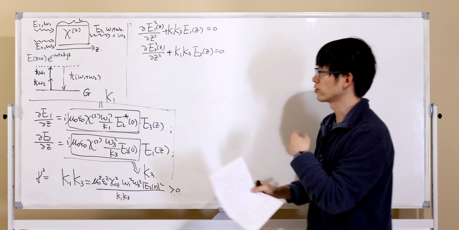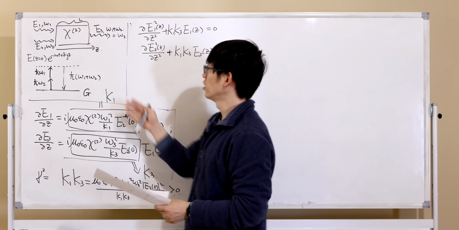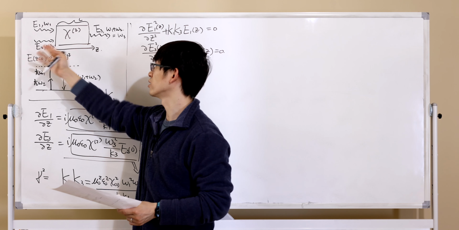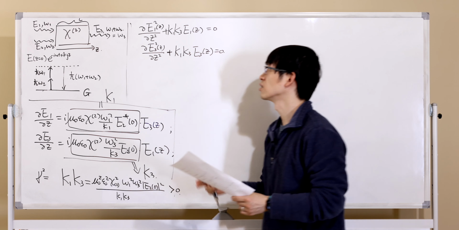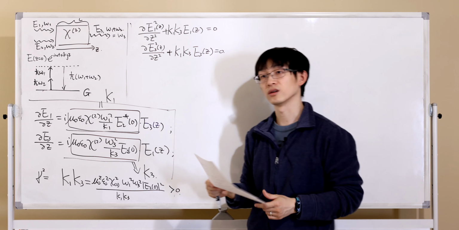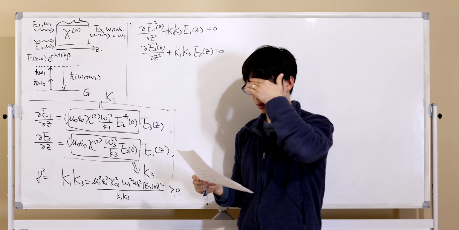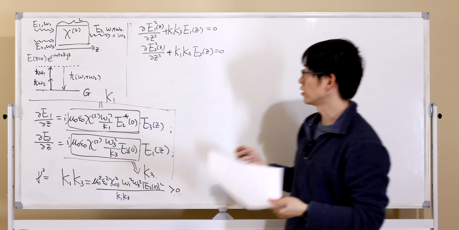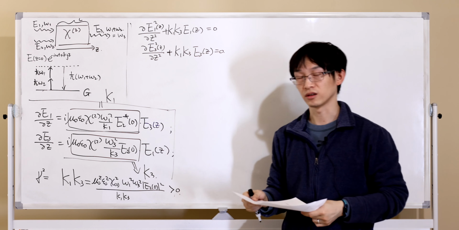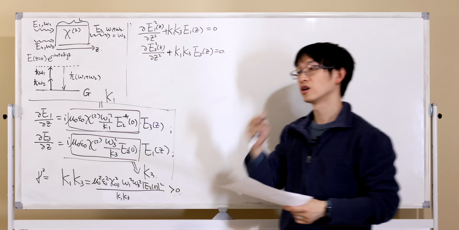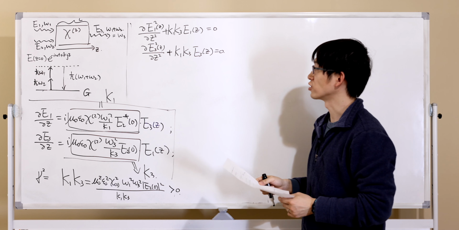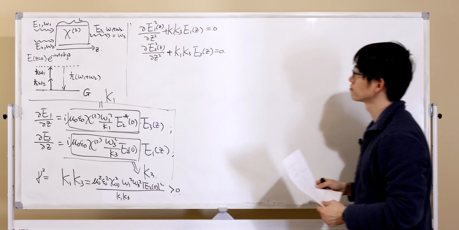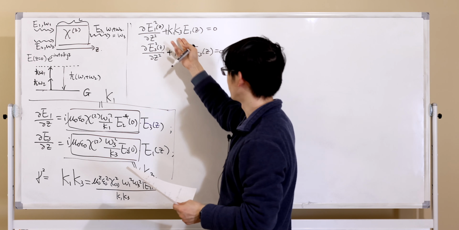So from a mathematical point of view, sum frequency generation, when you assume one of the waves is much larger than the others, will lead you to a second derivative equation. When you do that in harmonic generation, it gives you a first order differential equation. So mathematically there is some difference. Okay, now